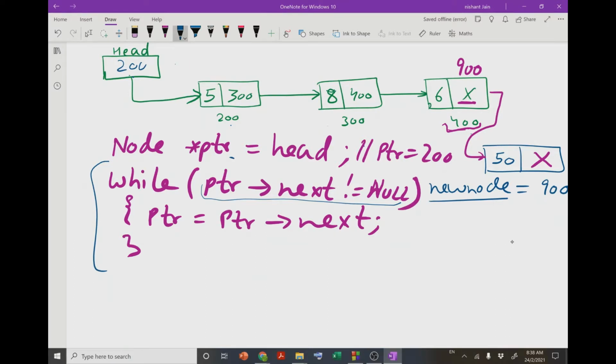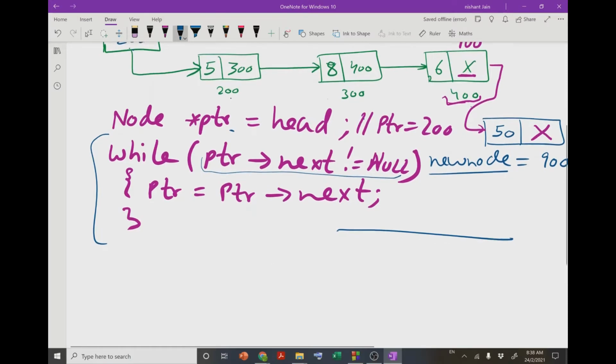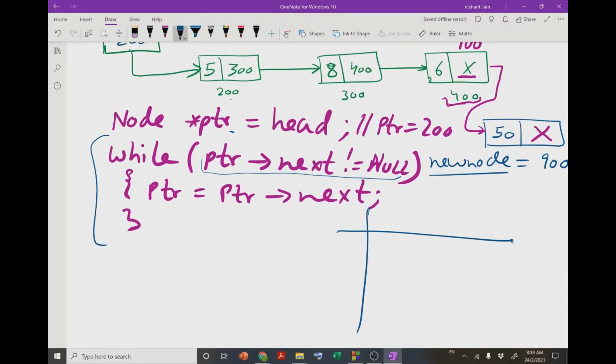If I draw a table to explain this, we update the value of PTR over here. The first value of PTR is head, which is 200. Then we come to the condition PTR next not equals to null.